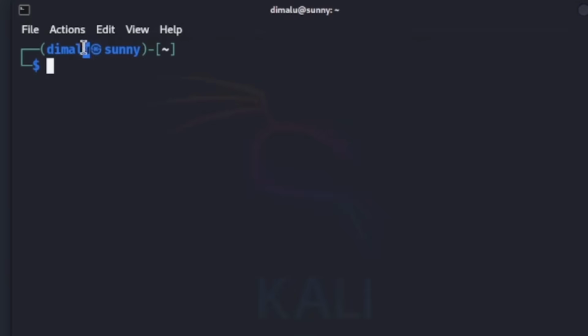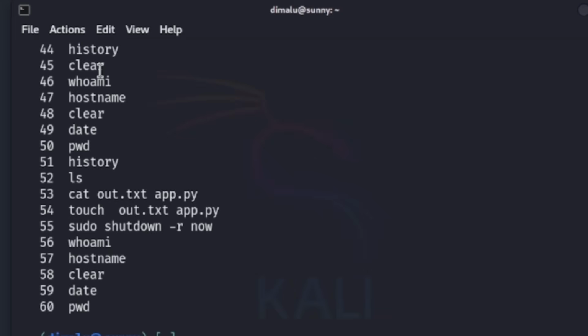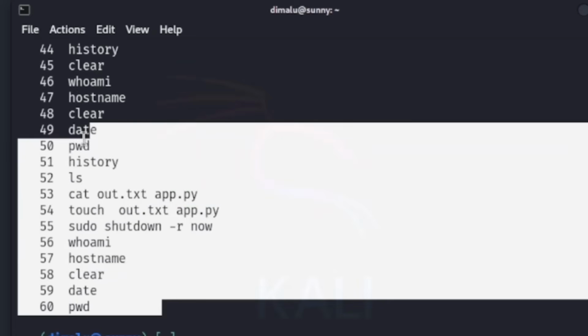The currently logged in user, which is Demalu, is also a regular user. Now, before wrapping up this video, let me execute history command. The history command displays all the commands that you have executed previously. Press enter. As you can see, this is the list of commands that have been executed on this freshly installed